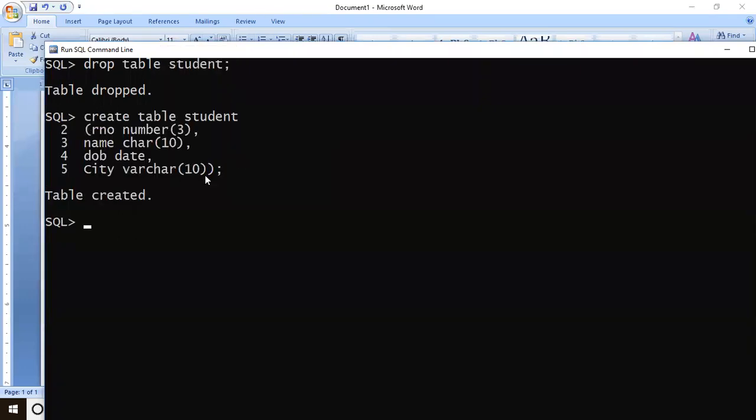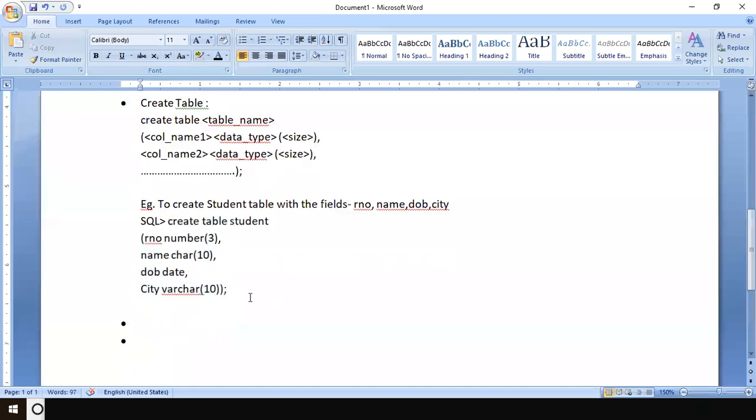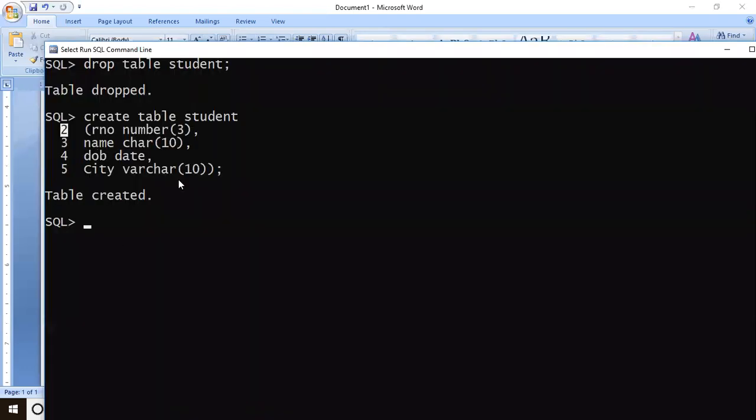See, once I type, remember, when you start typing in Oracle and press enter after finishing one line, when you move to the next line, Oracle automatically gives line numbers here. Some students note down these line numbers also, and they feel that these have to be typed. These are automatically generated, remember. That's why I particularly gave you this command in the Word file. I hope everybody has noted it down. So this is how you type the command. Once you press enter at the end, if it is successful, you will get a message, table created.